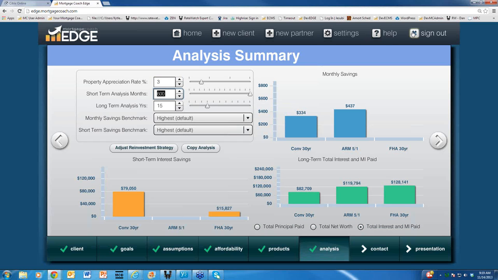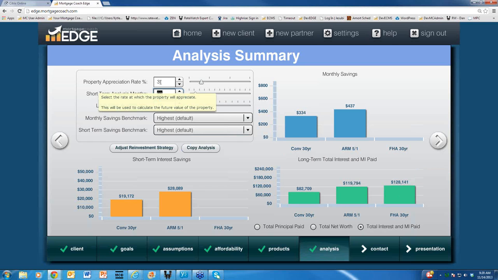I want my short-term months. I'm going to go ahead and show a 5-year area, so I want to put 60 in that field. And my long-term analysis in this area here, lower right, I'm going to reflect it as a 15-year. Property appreciation rate, I'll show you on the report where this will appear. What that will do is increase the rate throughout the years in the long-term area. You can reduce it down to 0 if you don't want to show any property appreciation, or put whatever number it is in your area. And then